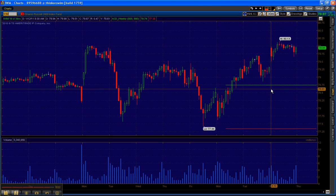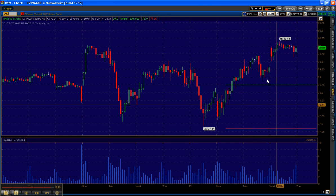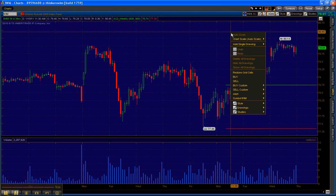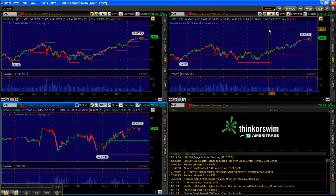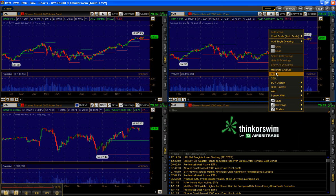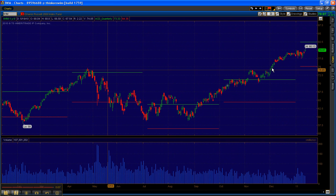Right now it looks like this rally is going to continue. It is getting long in the tooth, but if we get a pullback, we're really only looking at maybe a 1 or 2 day pullback, and those weekly levels will be key for any short pullback. In our next segment, we're going to go over some individual